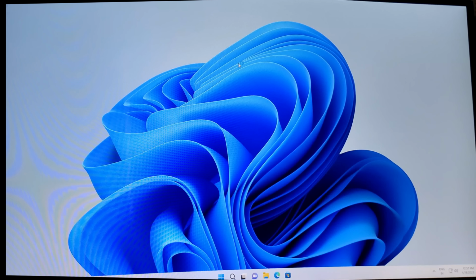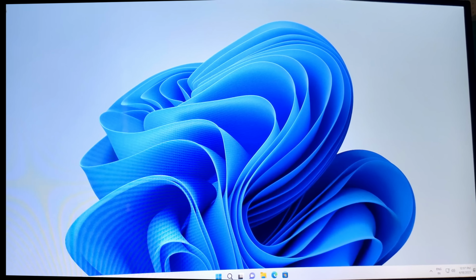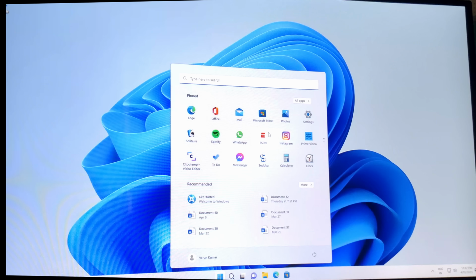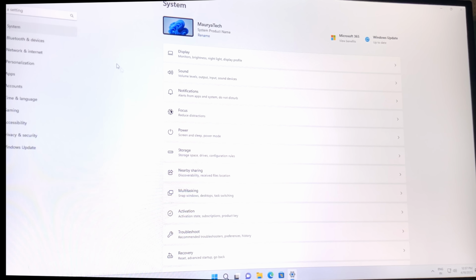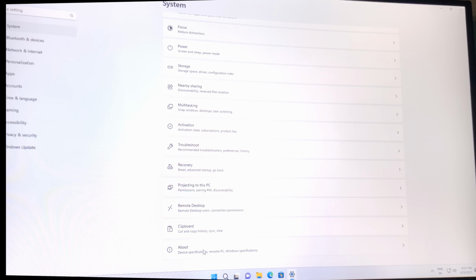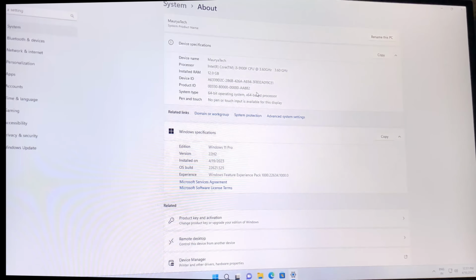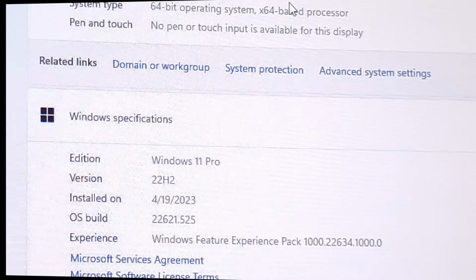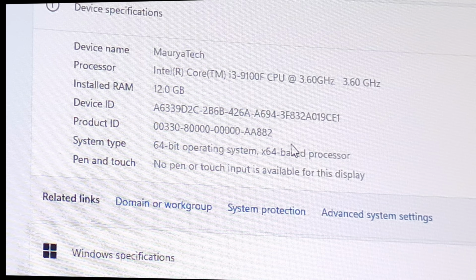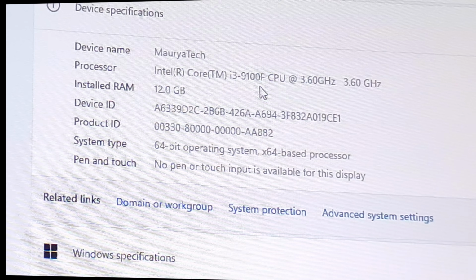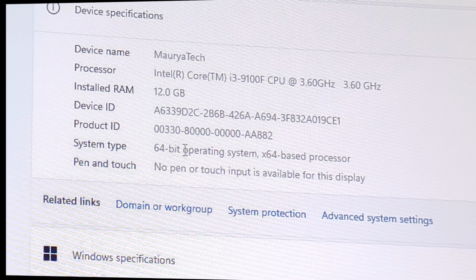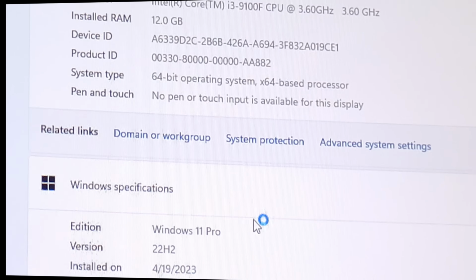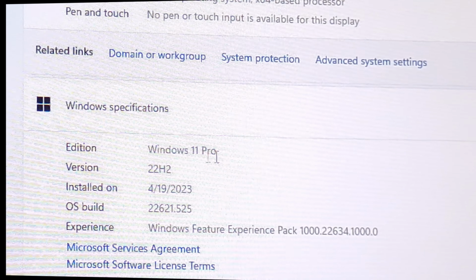First refresh your window. Now I'm going to show you my settings, that I have an i3 processor and other specifications. Go to settings, and in system go to the about section. Now here you can see I have an i3 9100F processor, that is an i3 processor, and 12 GB of RAM. I have a 64-bit operating system, and if we go down you can see here I have installed Windows 11 Pro